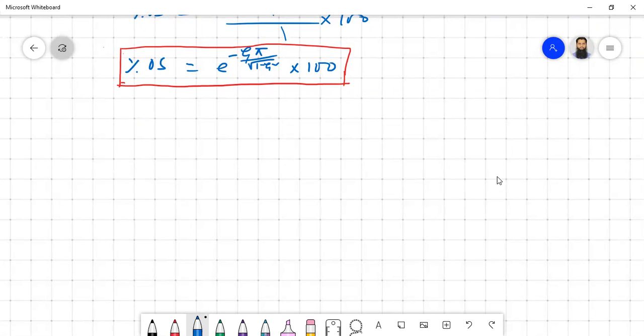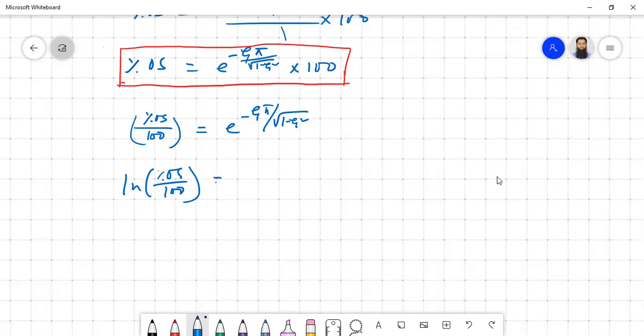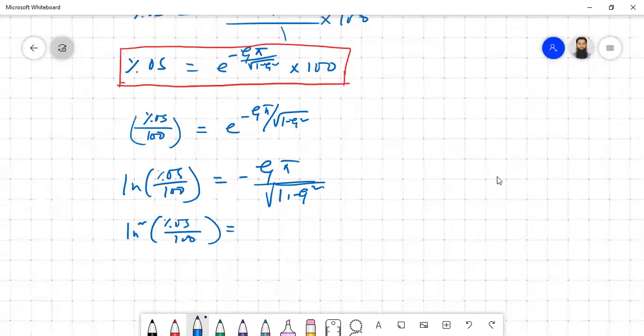Okay, so now percent overshoot, you just divide that by 100. So that equals e to the power minus zeta pi by root over 1 minus zeta squared. So take it to the other side. So ln of percent overshoot by 100 equals minus zeta pi divided by root over 1 minus zeta squared. Now square both sides, then what you will have is ln square of percent overshoot by 100 equals zeta square pi square, divided by 1 minus zeta square. So if you cross multiply,